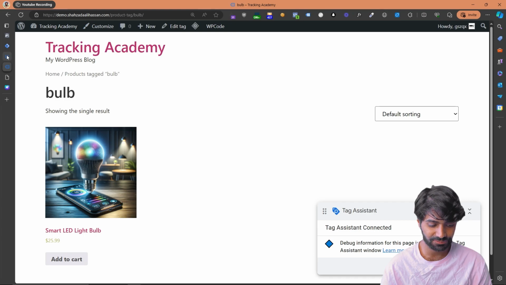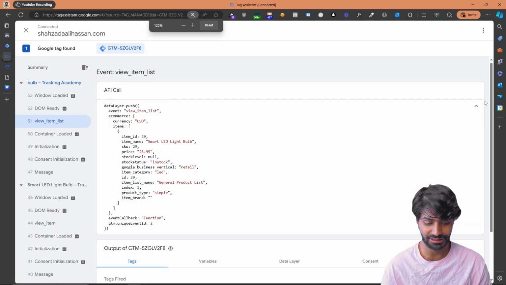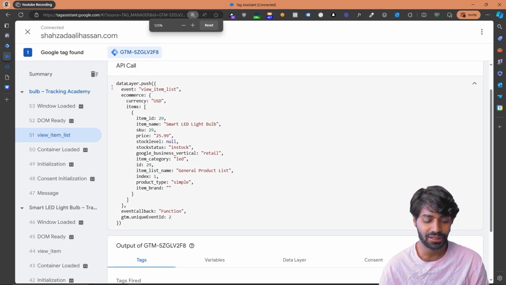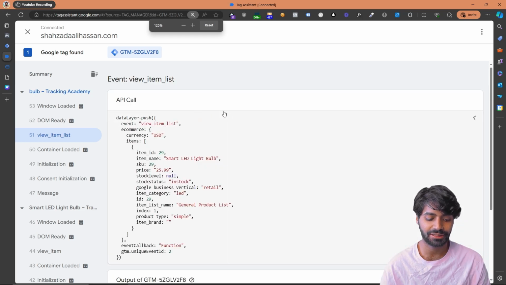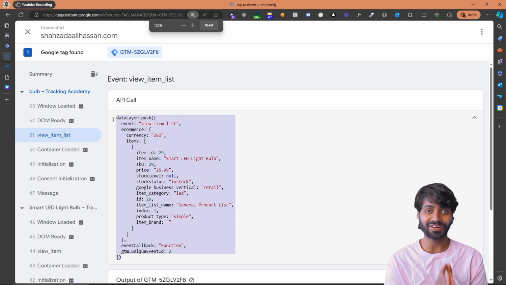And once we are on this bulb category, I can see that this view item list event is firing in this debug window. And I can also see that since this only had one item in the array, I can see only one item. But if I had more than one items, let's say 20 items, I would see a list of 20 items there. So that's perfect. We have the data layer working, and we can move to the final step of the video,